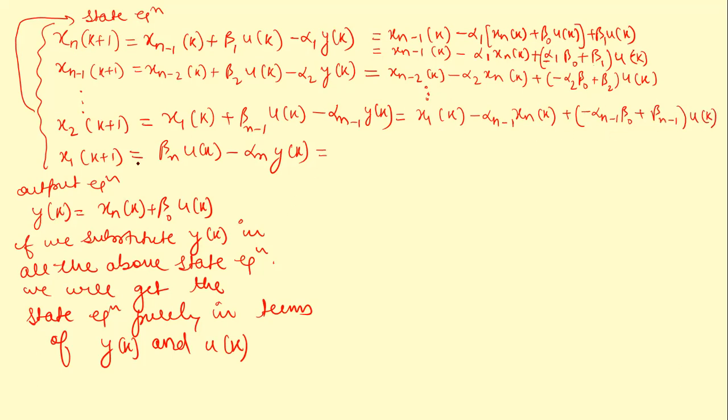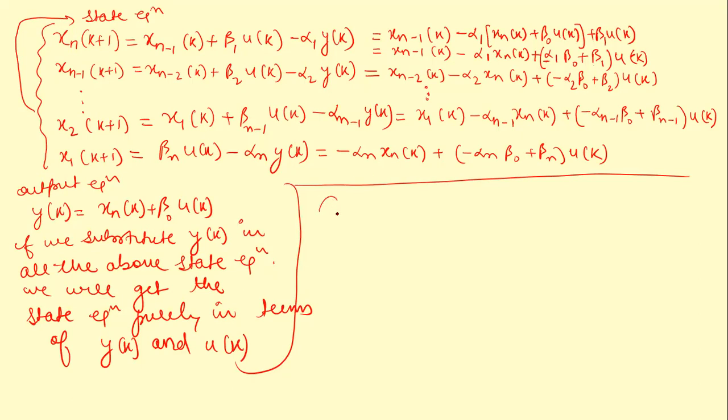And similarly for this one, we have minus alpha n x n k, and then we have plus minus alpha n beta naught plus beta n u k, right? So in this way we have got all the equations in terms of, as you can see, x k and u k only. So y k has been replaced here. So now our purpose, okay, so the objective now